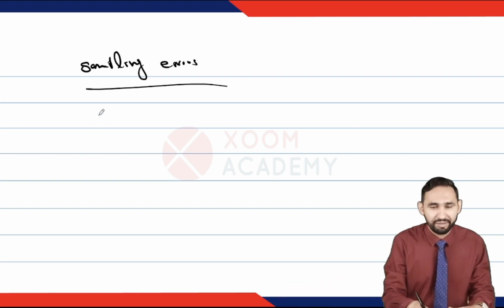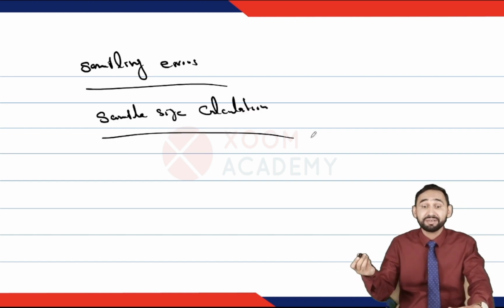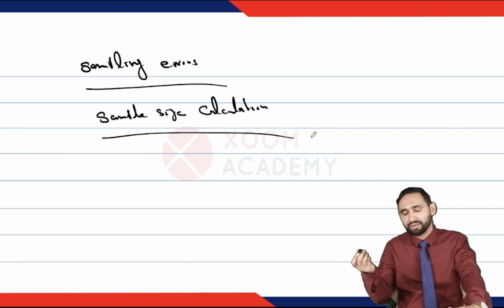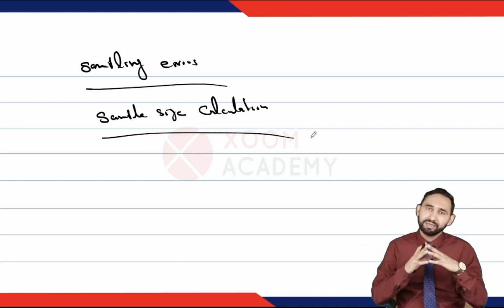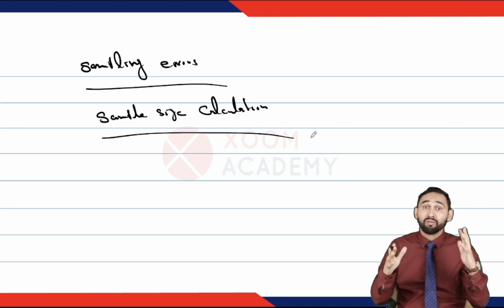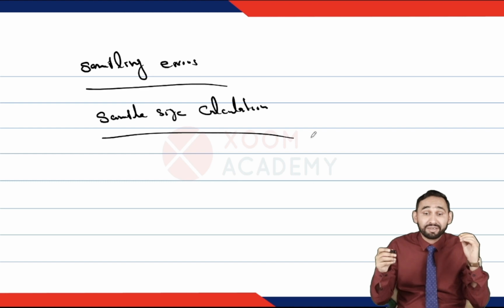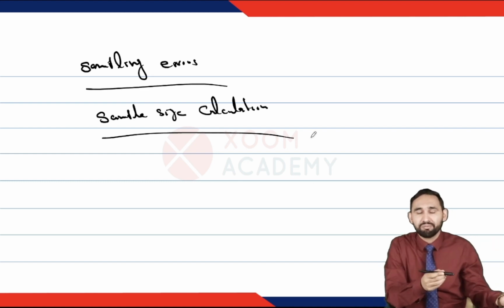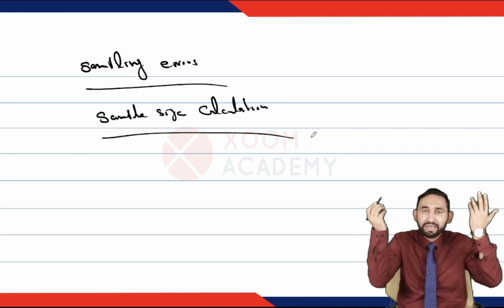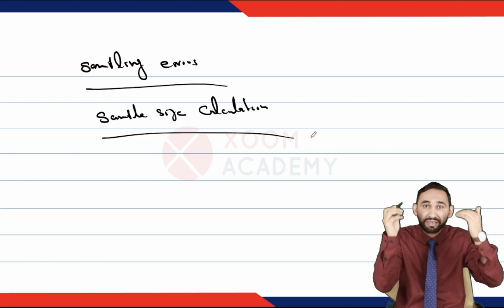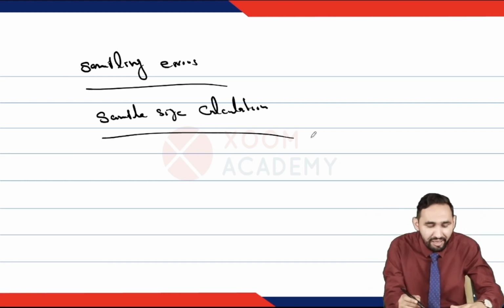Then we have discussed sample size calculation. We have discussed why it is important to calculate the sample size, because the total population can't be included in the study. We need a certain sample size. So the first step is sample size calculation. Sample size is calculated on the basis of study type, methodology, and variables. If you increase the variables, sample size increases. If you decrease the variables, sample size decreases. So for